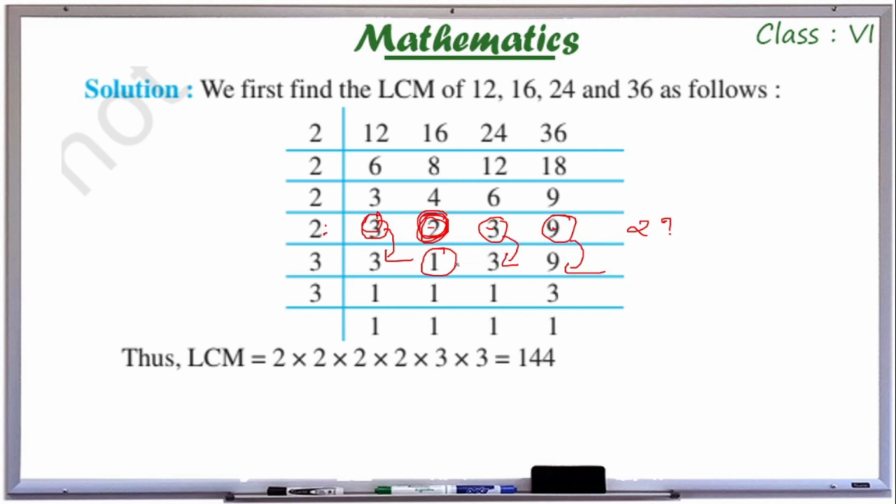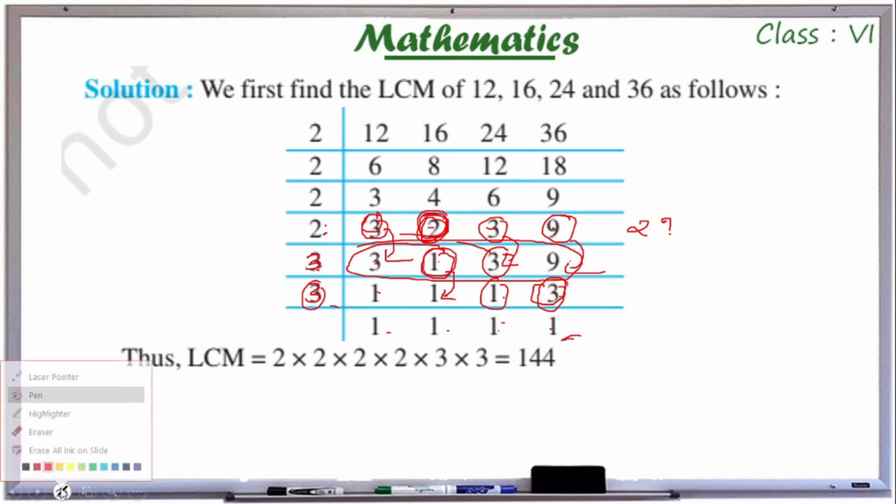Next row. Then here in this step there are no multiples of 2, so I can opt 3. Write 3 here. 3 by 3 is equal to 1. Since 1 is not divisible by 3, directly write 1. 3 by 3 again 1. 9 by 3 is equal to 3. So we have 1, 1, 1, 3. So simply take this 3 outside, then you will get 1, 1, 1, 1. 3 by 3 which is equal to 1. So this is the process.